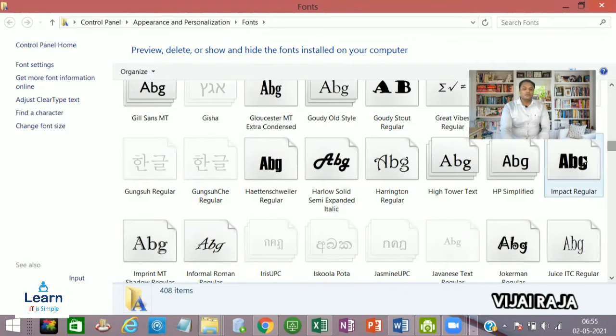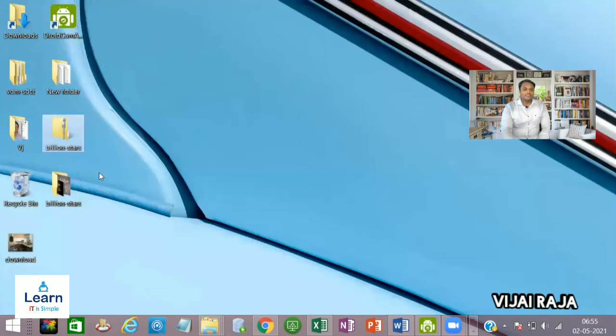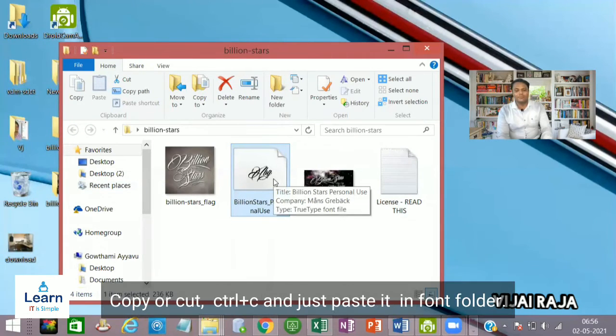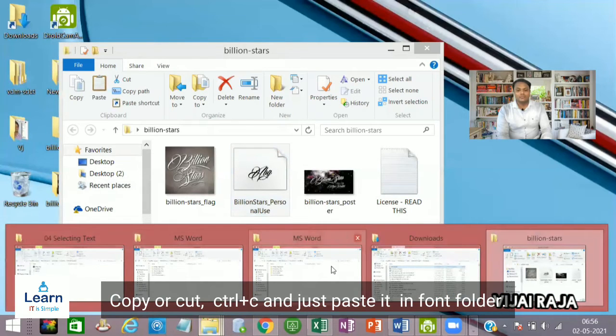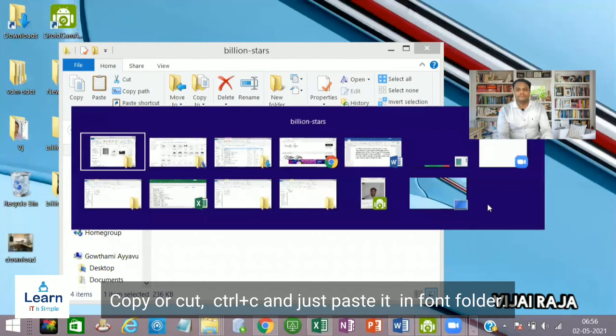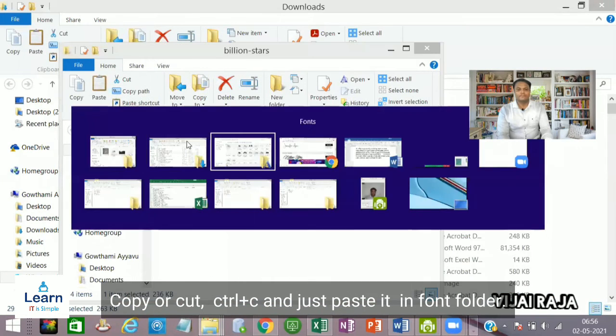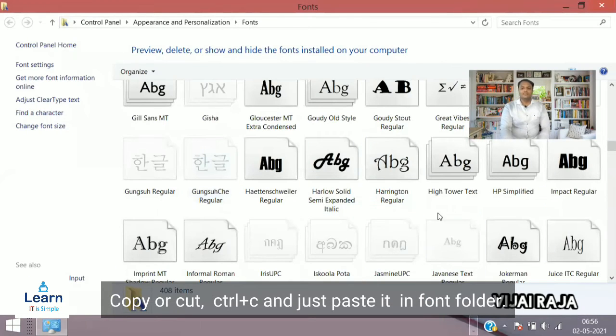I just copy the Billion Stars font with Control C, and paste it here.